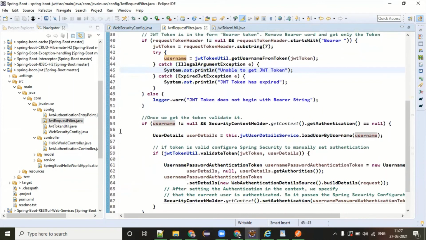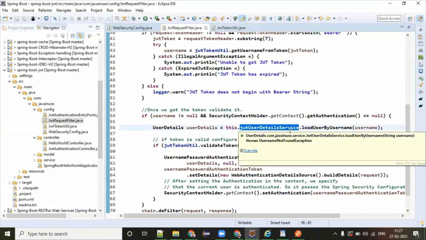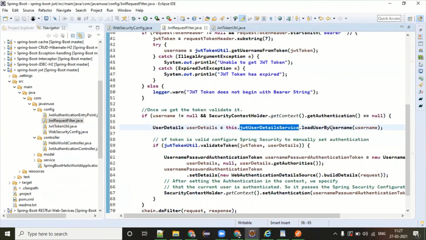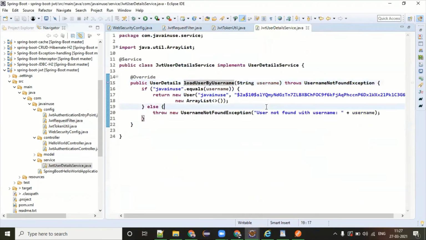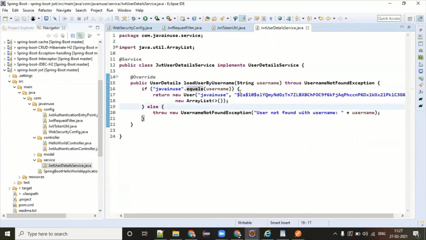Think about if your username is null. If your username is null and authentication is also null, it means it has to provide the authentication. For this purpose, again I'm calling the JWT service loadUserByUsername. So this will go to this class, and I'm doing some sort of username matching. If it is matched, then generate the password in this format and return this.